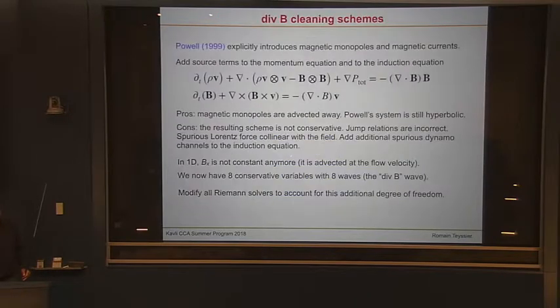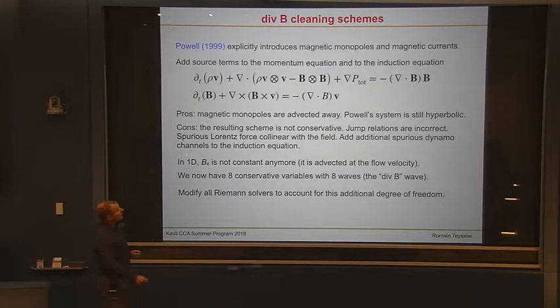So the first scheme, the Powell scheme, basically rewrites Maxwell's equations, assuming that you have magnetic monopoles. So it's a new universe in which you have magnetic monopoles, right? And then if you derive the ideal MHD equations, including magnetic monopoles, you find new equations, of course, with new terms. I've shown here only the momentum conservation equation and the induction equation. And you see that you have those two terms here, which are proportional to div B, that enter in the equation, right? And so then you solve the problem using the Godunov methods.